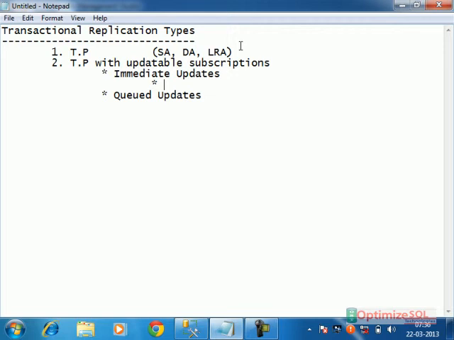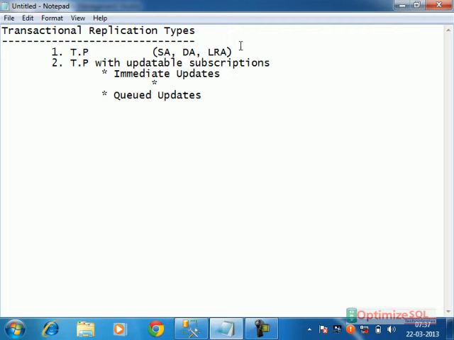In case of immediate updates, first, if changes are made in subscriber, the subscriber submits the changes to publisher. Once they are committed there successfully without any conflicts, then subscriber will commit the changes, then user will get the response: transaction success. Means the user is waiting till the response is coming from publisher. After that only subscriber will submit the response to the user.